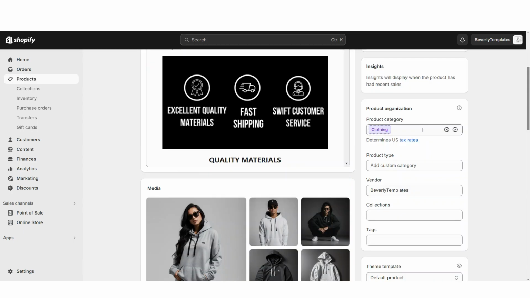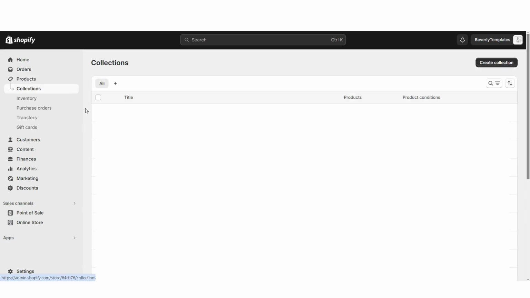I'm gonna scroll up, and here you can select the product category, then put the product type. You can list yourself as a vendor if this is a handmade product, or you can list the third-party vendor you're purchasing it from. Then to create a collection for that product, you're just gonna open Shopify and go to